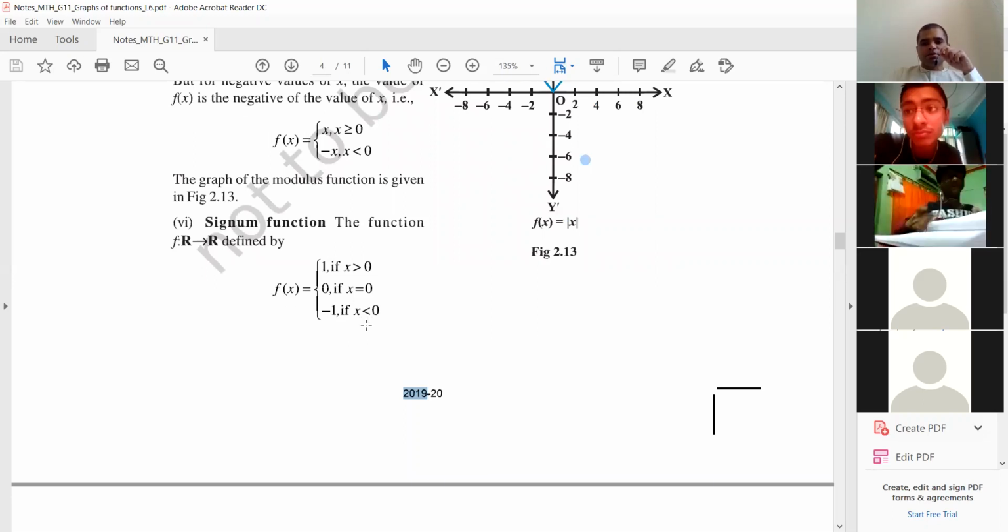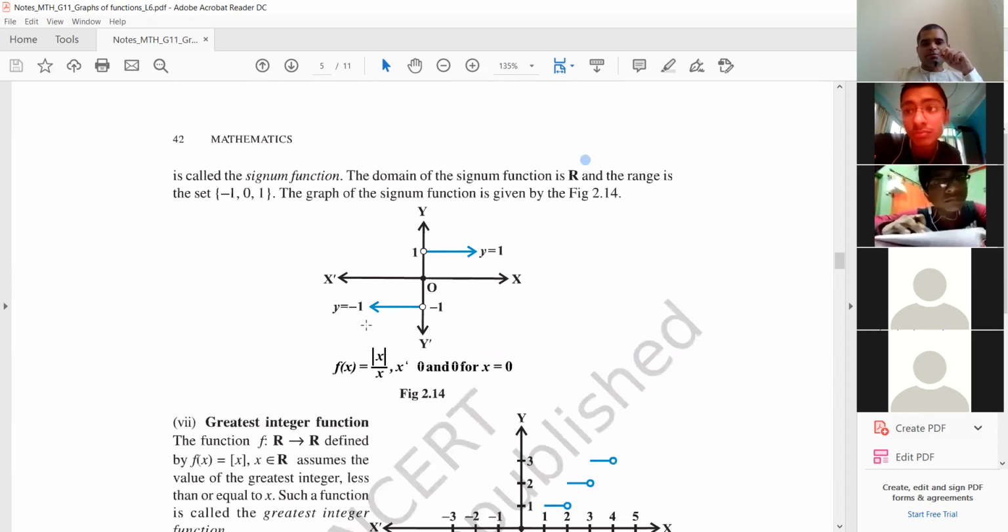Okay, so see how its graph will look. This is the graph of this function. For x equal to 0, where is the point marked? The dark point, for x equal to 0, y is 0. This dark point is marked at the origin. For x greater than 0, it has jumped up to 1. The graph is starting from 1 for x greater than 0.